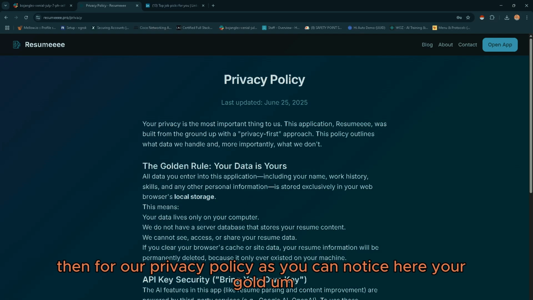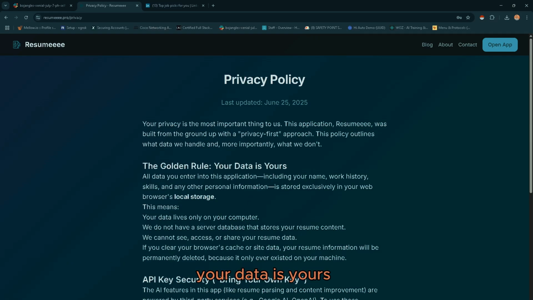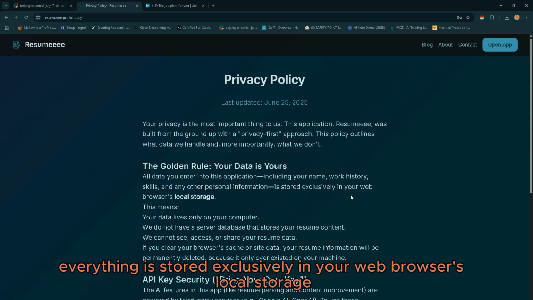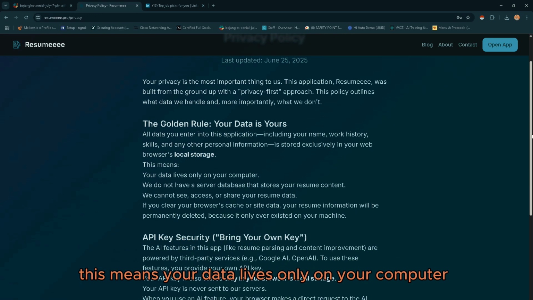Then for our privacy policy, as you can notice here, your data is yours. So all the data you enter in this app, including your name, work history, everything is stored exclusively in your web browser's local storage. This means your data lives only on your computer.